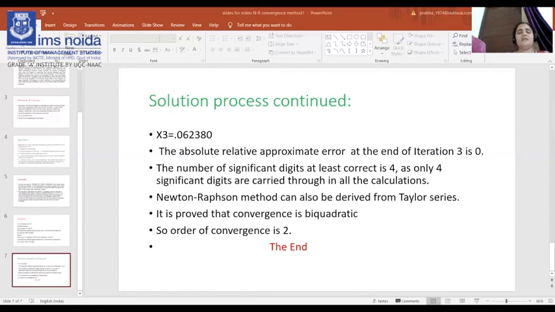What are the drawbacks? It diverges at an inflection point. Inflection point means the point where f'(x) equals 0, or is almost that value. If the initial guess or an iteration value of the root is close to the inflection point, it may start diverging away from the root in the Newton-Raphson method. So you can find the root of the equation.